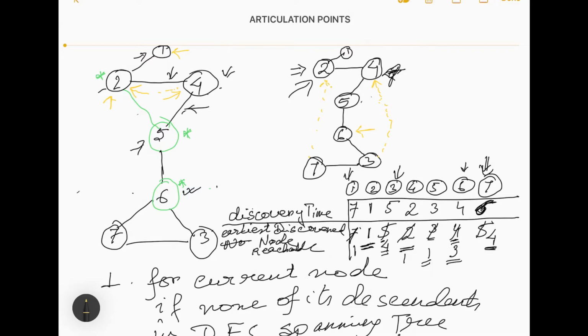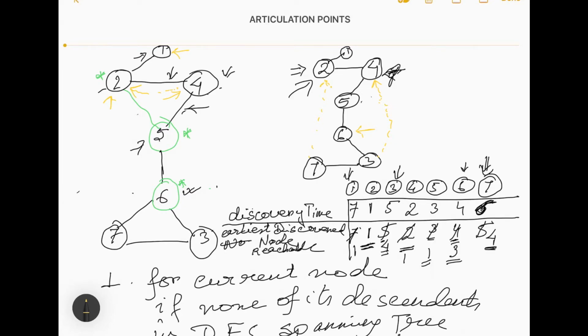So we know that even if the current node is removed, the rest of its descendants are connected to the rest of the graph, because they are connected to at least one node which was discovered before the current node was discovered,